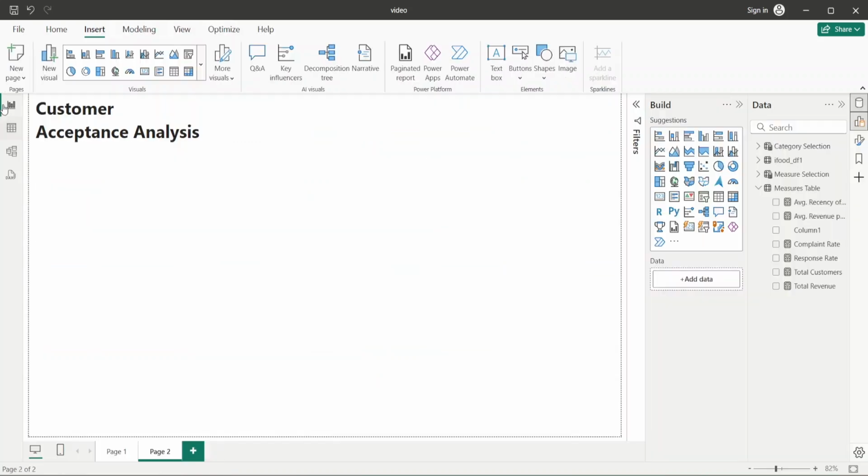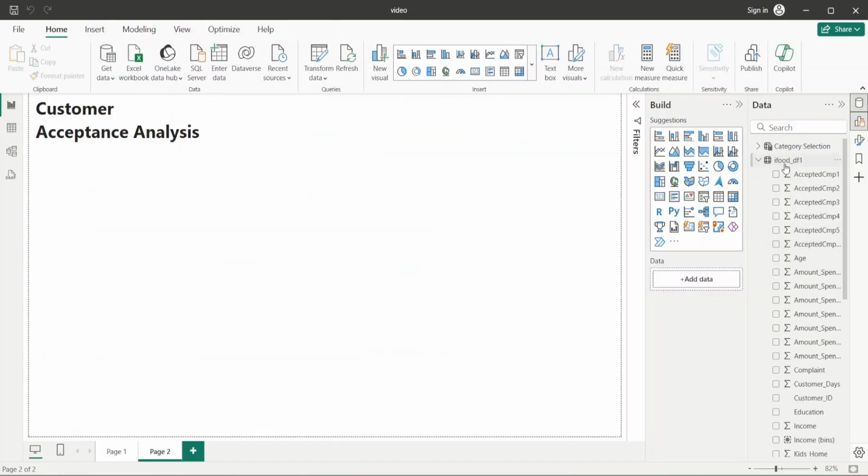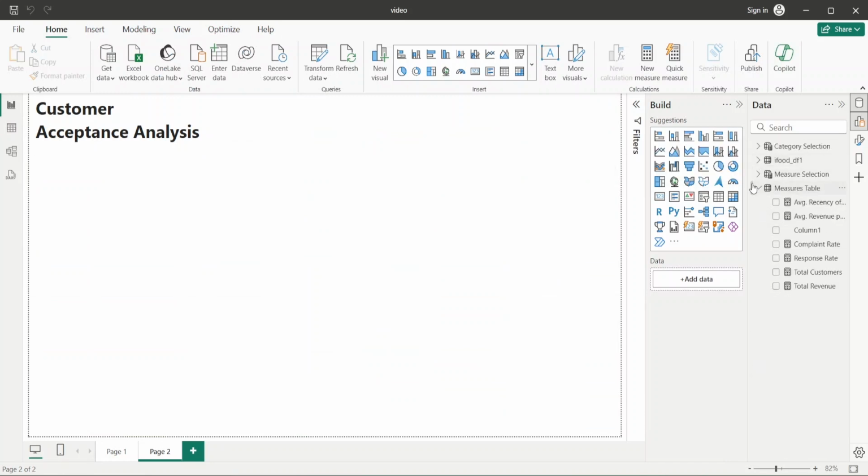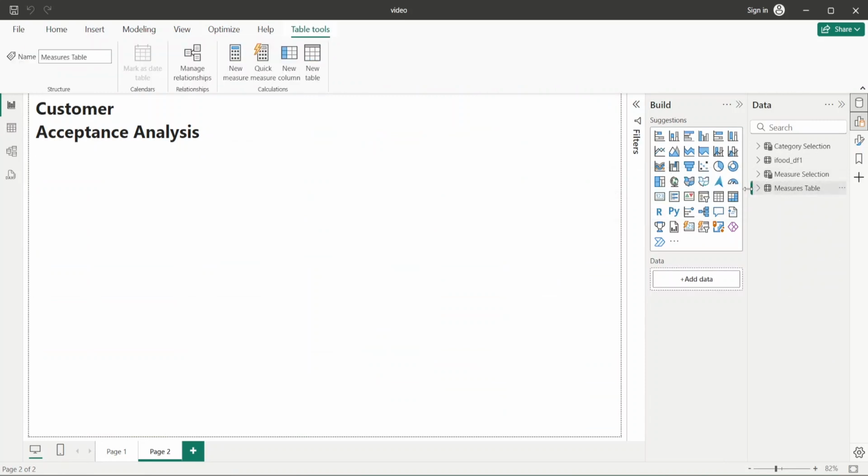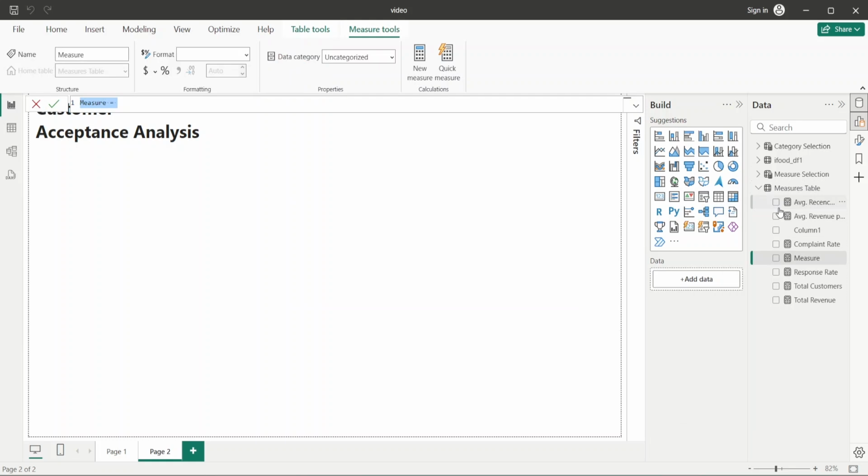Now once this column is created, we will create a new measure that will take into consideration the total customer acceptance rate. So for this, we will go in our measures table, right click on it and create a new measure. This new measure will be overall campaign acceptance